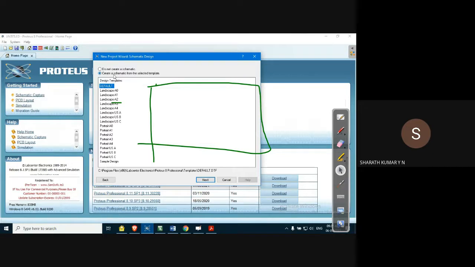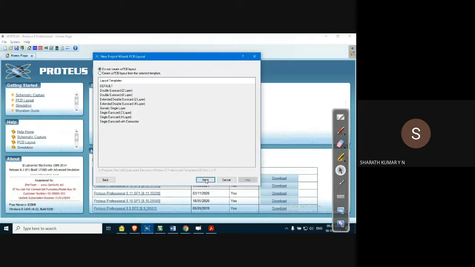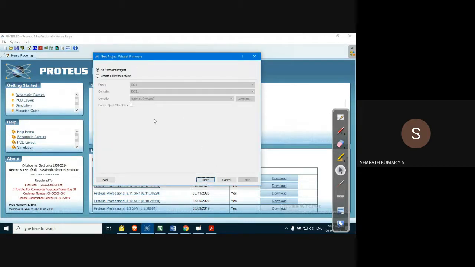So click on create schematic, select default, click next. Next it will ask whether you want to create a PCB layout. Of course, in our experiment we are not doing that, so select do not create PCB layout, click next. Next, it asks for firmware.